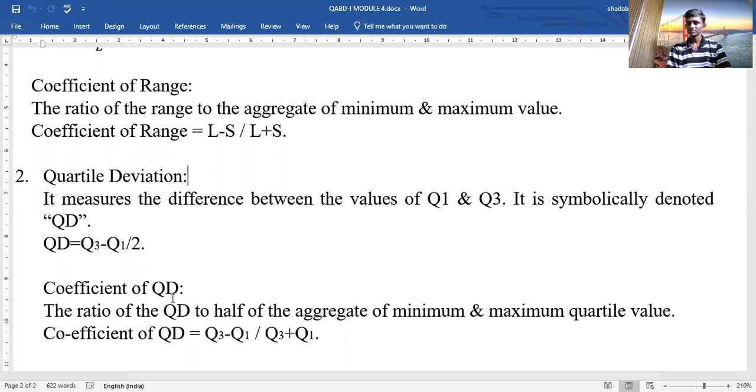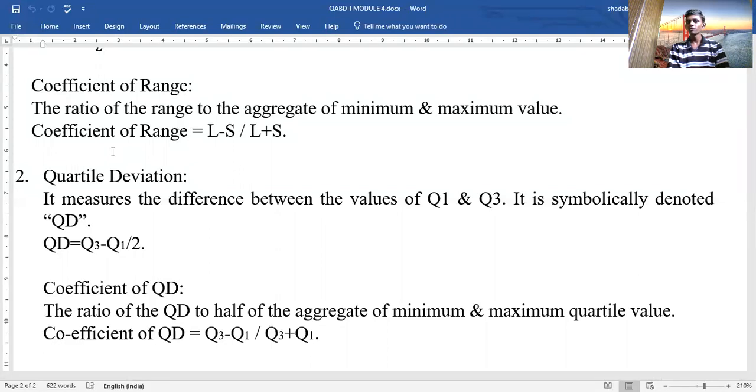The ratio, that is very important. The differences, the deviation, how much it is happening. The ratio between them, on what ratio the changes are occurring. We will know that when we calculate the coefficient. That is the relationship between quartile 1 and quartile 3. If we examine it, we will get the coefficient of quartile deviation, the ratio at which the quartile is changing from one quartile to another quartile. We will get to know that when we calculate the coefficient of quartile deviation.